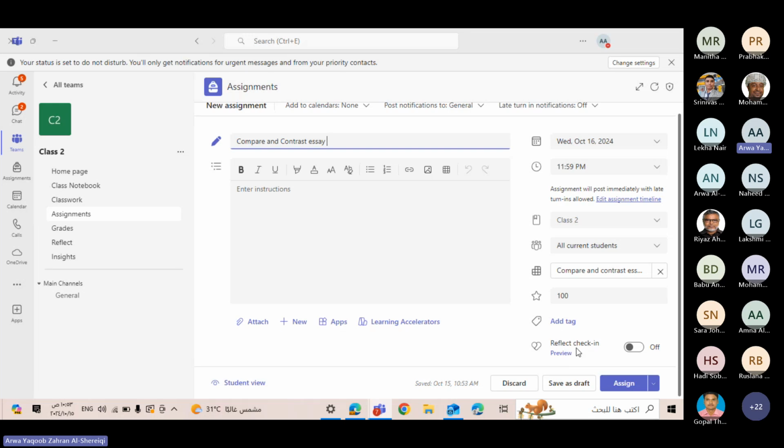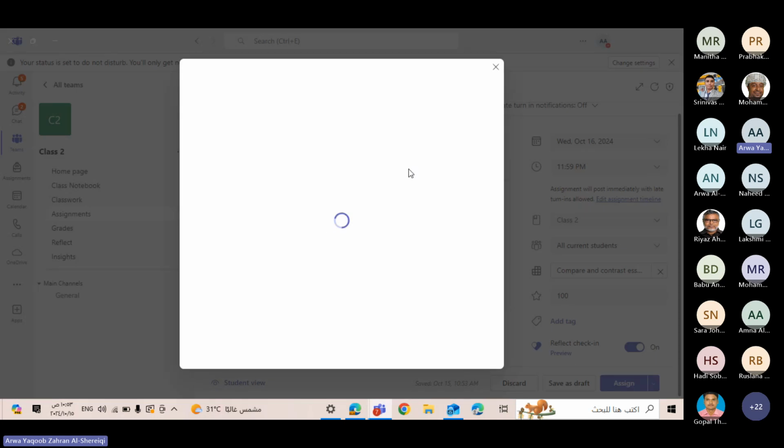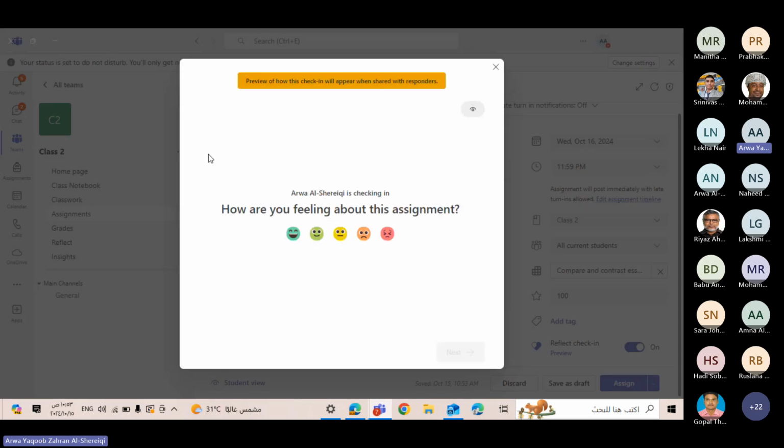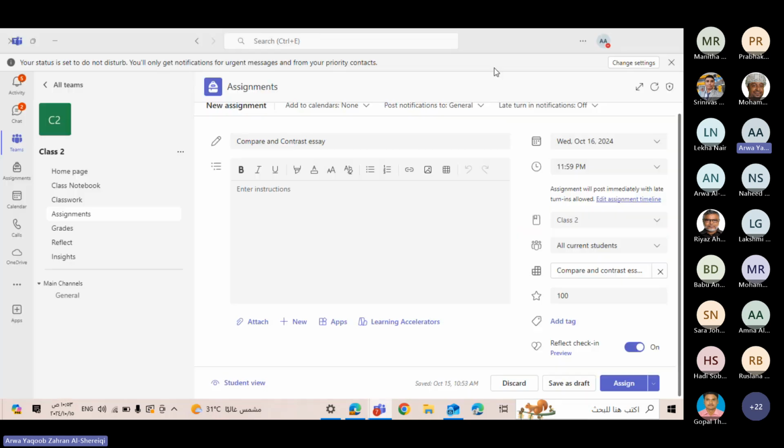And here reflecting, like asking the student how they feel after submitting the assignment or the essay. This is how they can see it. Once they click on submit, they will have this question. Here you can assign it immediately, or you can schedule to assign it in the future, or you can save it as a draft. So if I click to assign,